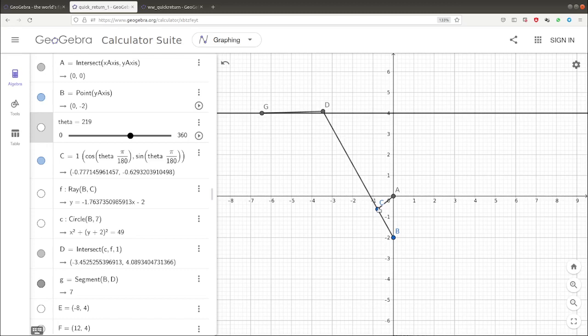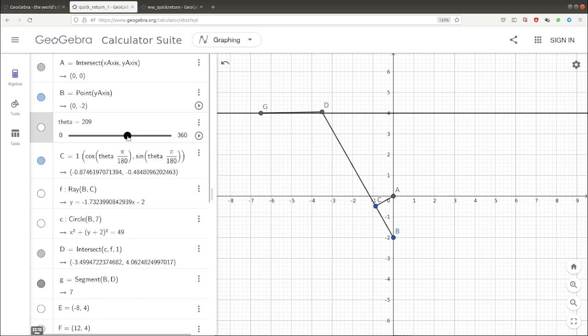So let's see what is the angle it swept during the forward stroke. Up to here it's going in front, now it's kind of reversing back.